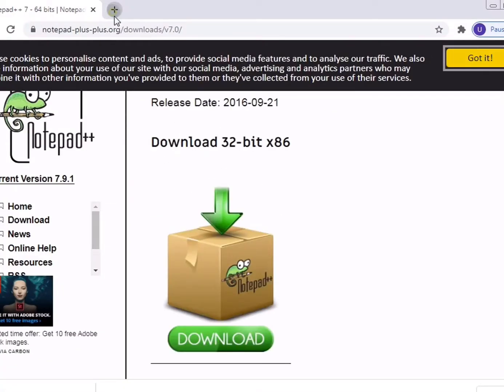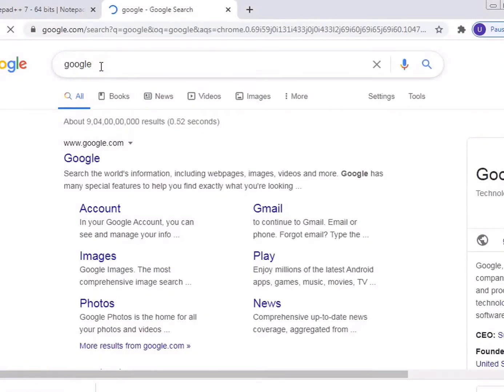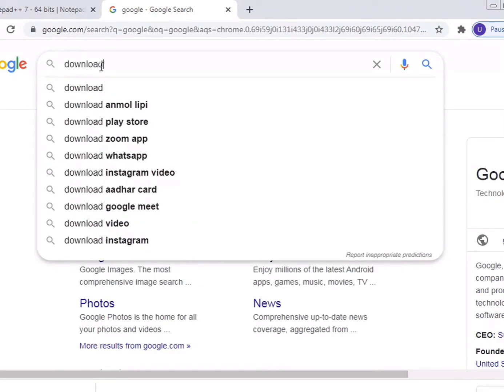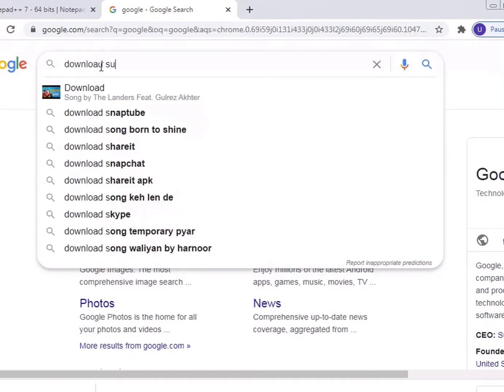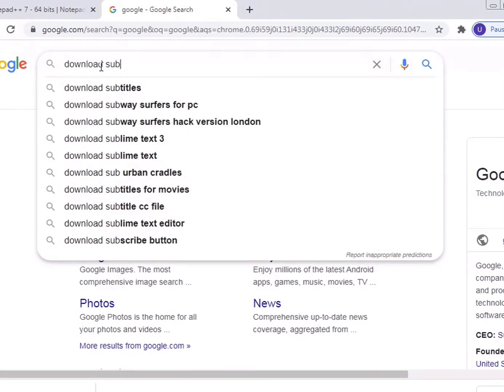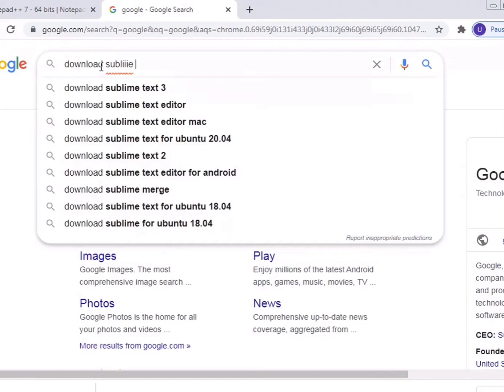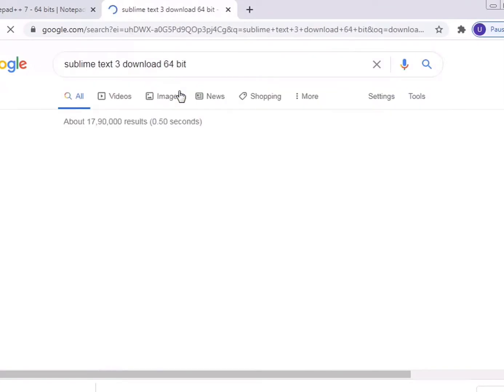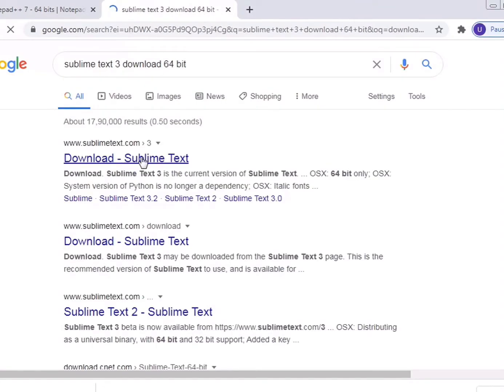Now we will talk about Sublime Text, how to download it and how to work on it. Here also we will choose 64 bits, that is our operating system. So we will download the file from here.